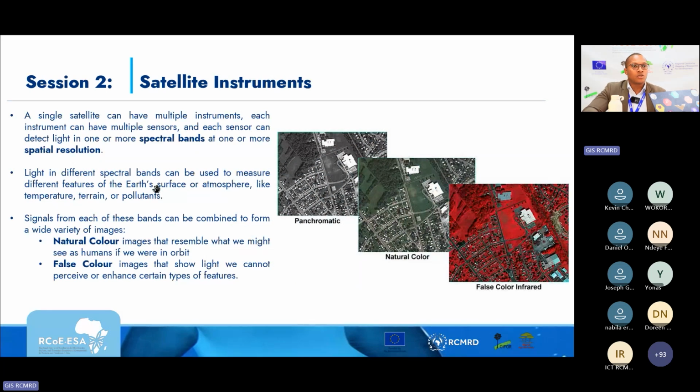So for the satellite instruments, a single satellite can have multiple instruments. And each of these instruments can have multiple sensors, and each of these sensors can detect light in one or more spectral bands. And also, it can have one or more spatial resolutions. An example of this is the Landsat images that have a panchromatic band, which has a different resolution as compared